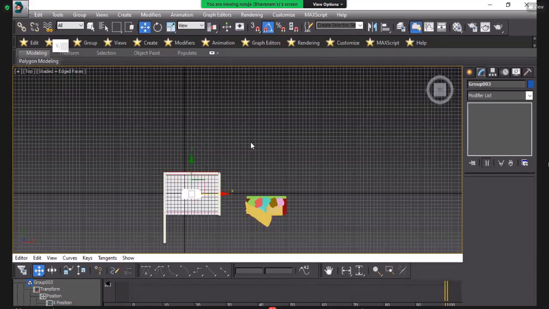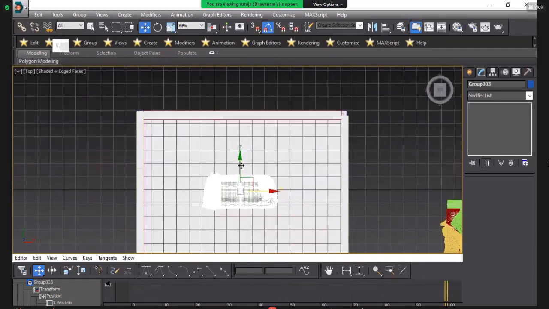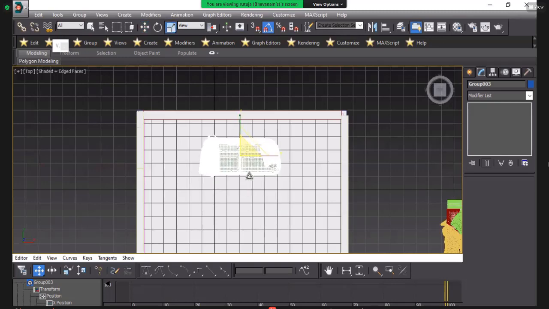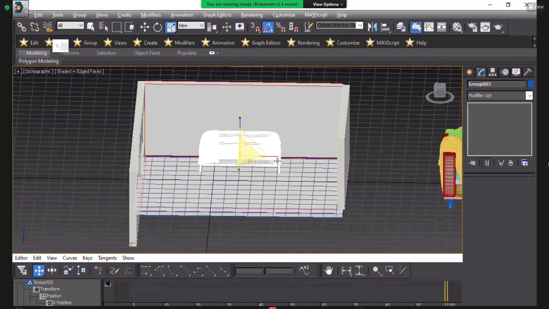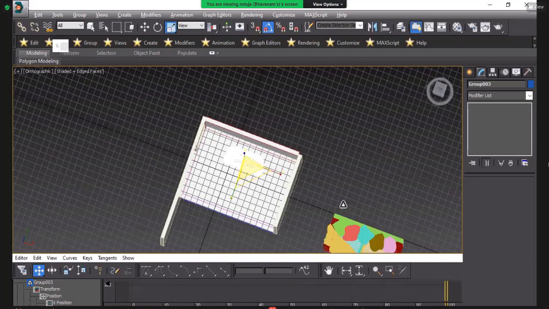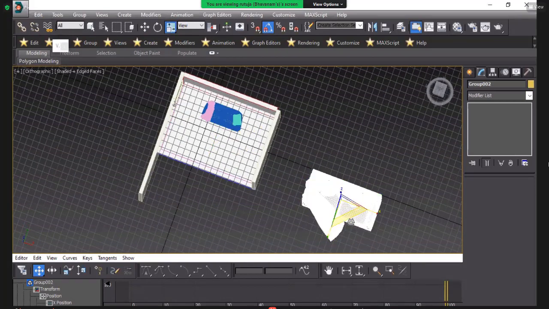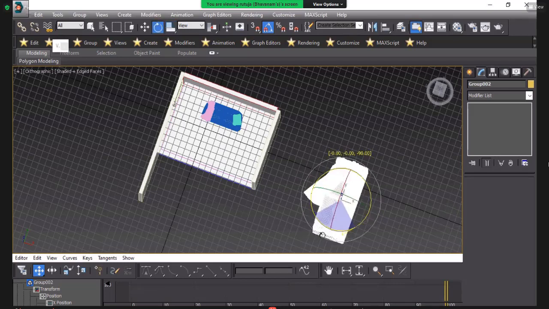Place the sofa in your room. Okay. Like that. And place this one also with the help of the first one, rotate it.